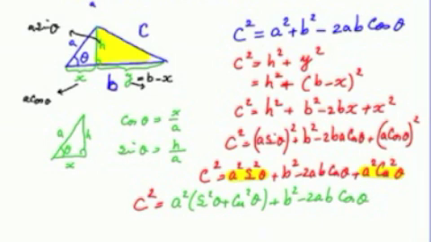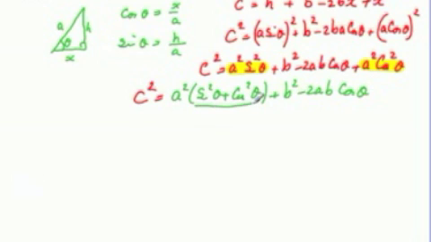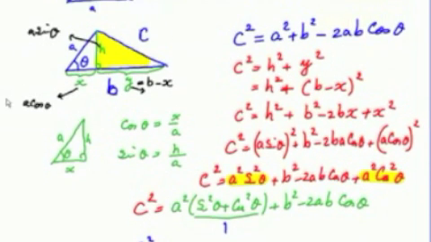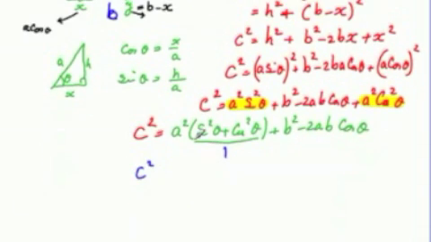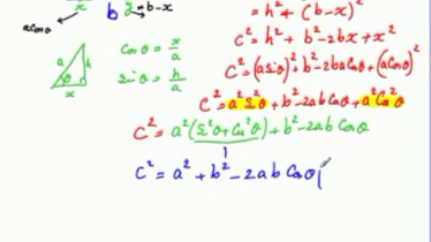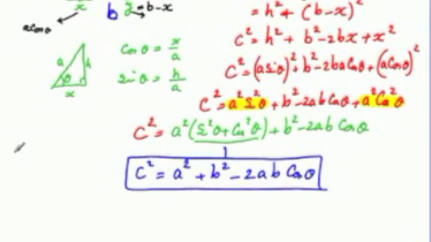And then who's this? What is sine squared plus cosine square of an angle? 1. Okay, so that's basic trig identity. That again is same thing as the Pythagorean theorem itself. The fact that this is true is exactly the same as this is 1. So c squared becomes a squared plus b squared minus 2ab cosine theta. So this is what you refer to as law of cosines